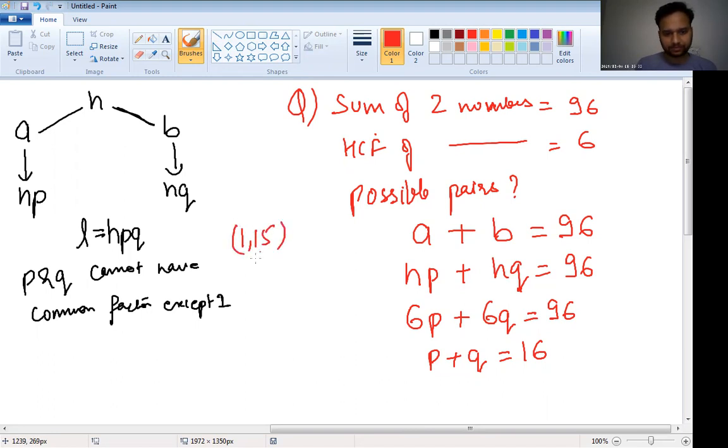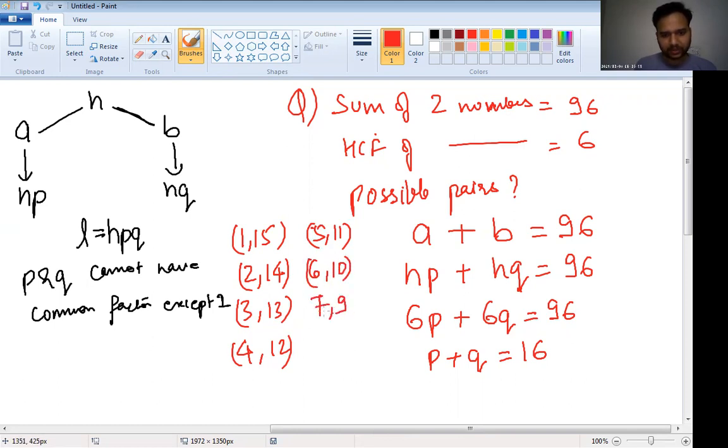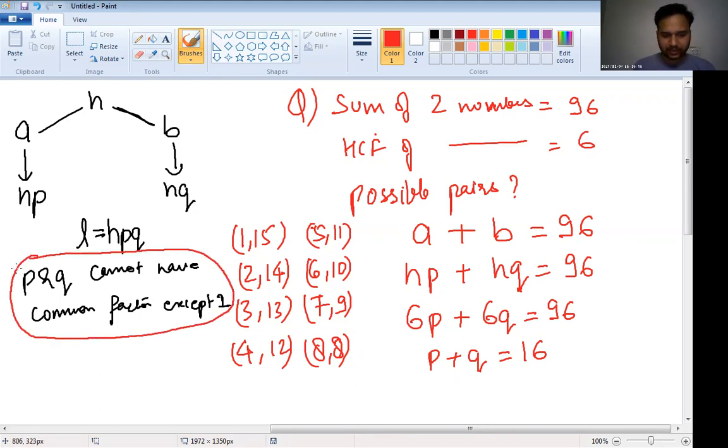1,15, 2,14, 3,13, 4,12, ठीक। इसके बाद आएगा 5,11, 6,10, 7,9 and 8,8, राइट। नाउ P और Q की वैल्यू हमारे ये 8 पेयर्स आ गए हैं जो P और Q को सेटिस्फाई करते हैं। लेकिन जो मैंने बताया था कि एक ऐसी लाइन है जो सबसे इंपॉर्टेंट है, वो ये है कि P और Q में कोई भी कॉमन फैक्टर नहीं हो सकता, राइट।